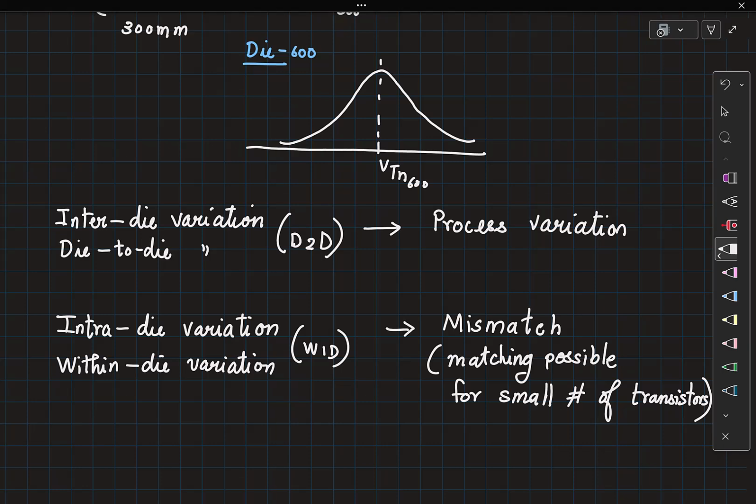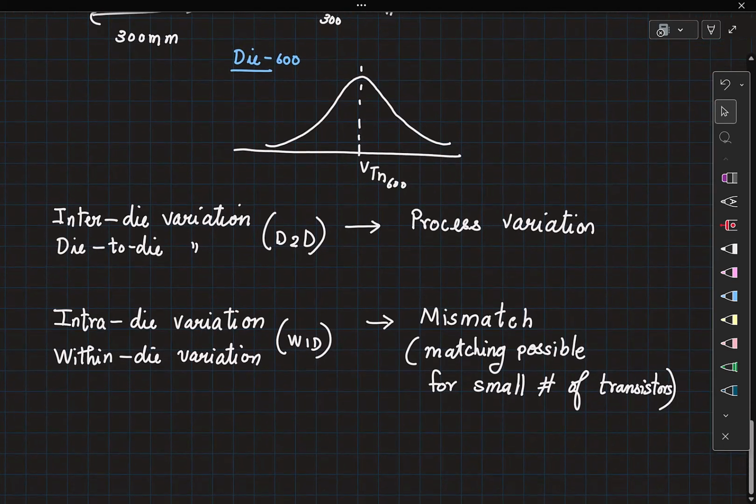Okay, so now we saw that for the VTH, there is a variation. Similarly, all the other transistor properties such as mu and COX, etc. will also have variation. Now, we don't talk about these variations as individual quantities varying, but we look at their combined effect in terms of whether the transistor is a fast transistor, meaning can it switch fast, or is the transistor a slow transistor.